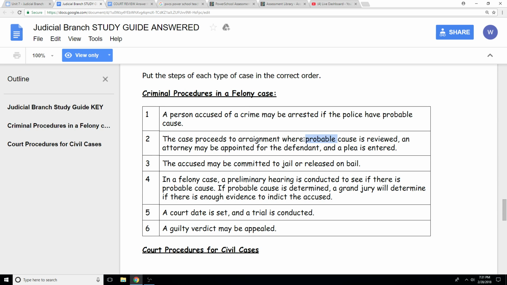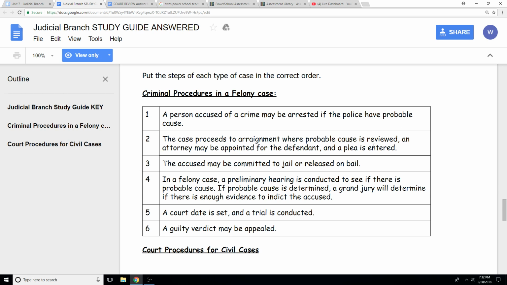Basically, they're going to put out, here's what happened. They're not really going to get into super details, but they're just going to say, here's what you're being charged with, and here's what kind of happened in the case, or what you're accused of. They're going to give you an attorney if you don't have one. So this is where you make sure you have your right to an attorney. And you're going to enter your plea saying, I believe I'm guilty or not guilty.